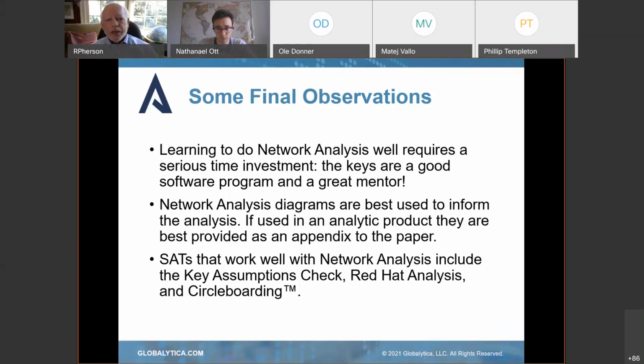And then I would just note that you are able to use network analysis. What's really helpful is to start off with a key assumptions check. What do I know about this group? What do I know about what's happening? What am I assuming? And is it valid or not valid? If you have a major assumption that this is working within one entity, and you challenge it, you say, well, maybe there are other elements to this group and I haven't thought about it.